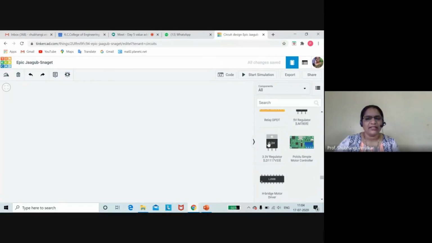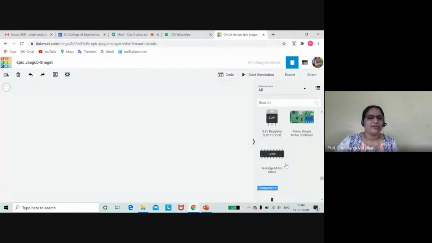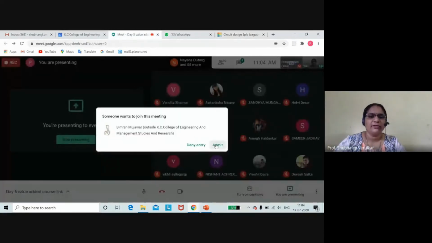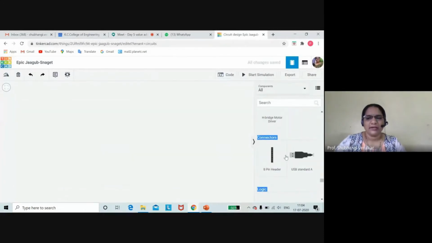Voltage regulator IC, 3.3 regulated voltage. Then this is an H-bridge motor driver IC. Whenever you are going to design any robotics application, or any circuit where you need to use a motor, at that time we need to use all those ICs. Connectors and all, everything.